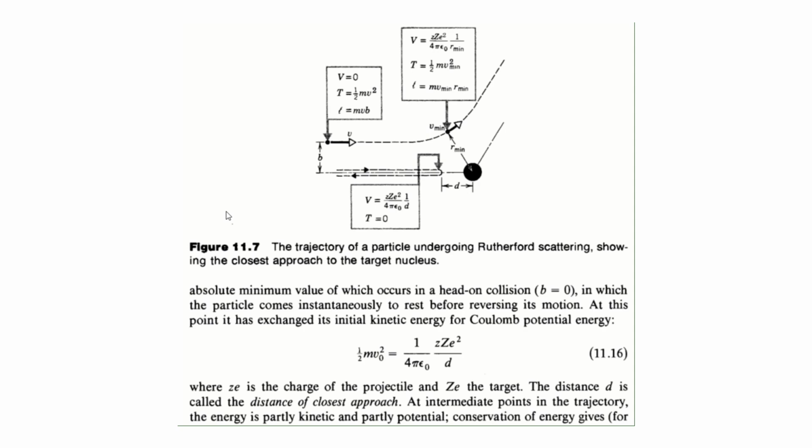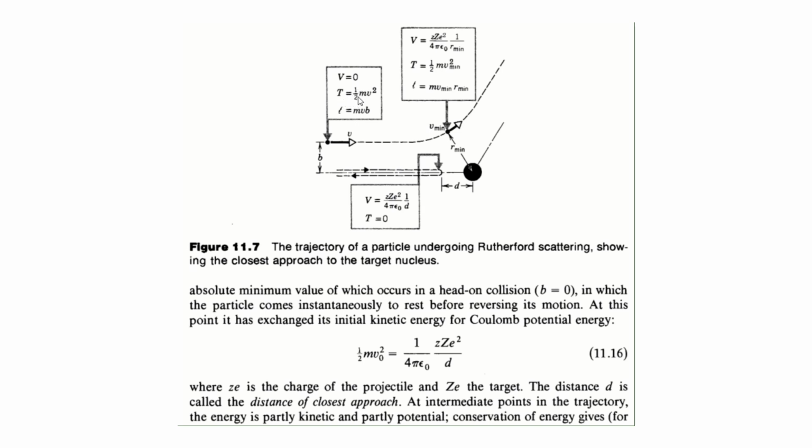So we can just look at the schematic of what happens to a particle when it approaches a nucleus and the energy at different points of its approach. And this is the geometry of a Rutherford scattering process. So here you have a particle which comes in with a velocity v, and from far off distances, if you look at the energy of the particle, the potential energy will be close to zero.